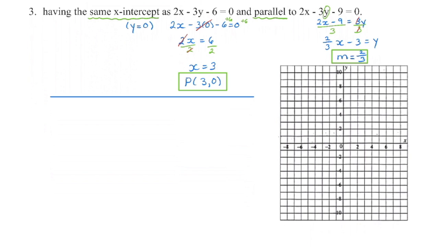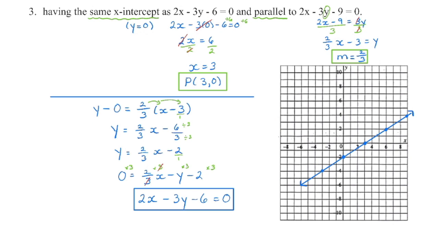Be really careful. We're not doing anything with the y-intercept here. Our line is parallel to that, but that's it. We do not have the same y-intercept, so don't worry about that. We're just getting the slope from there. And then because this is the x-intercept, you also have to be really careful. You cannot use y equals mx plus b if you're given the x-intercept. It only works for the y-intercept. If you have the x-intercept, you have to start with slope point form. Y minus the y-coordinate is equal to the slope times x minus the x-coordinate.